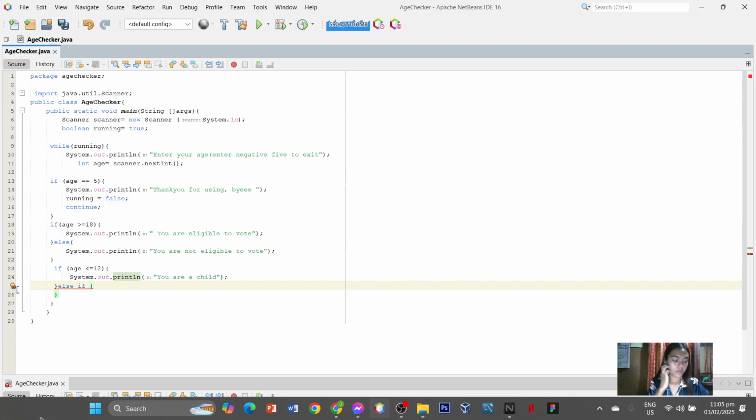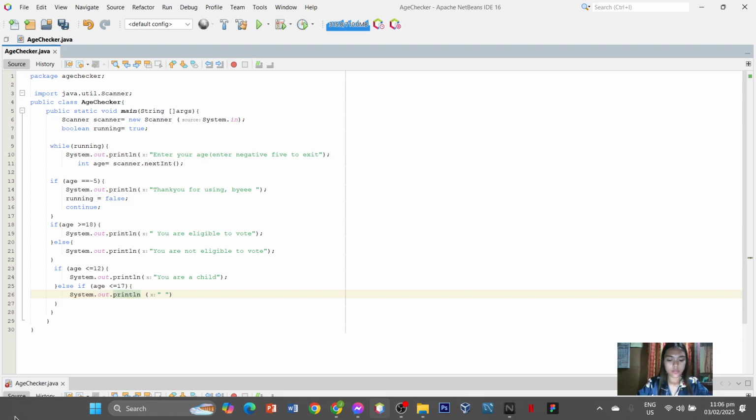Else if your age is less than or equal to 17, print you are a teenager.